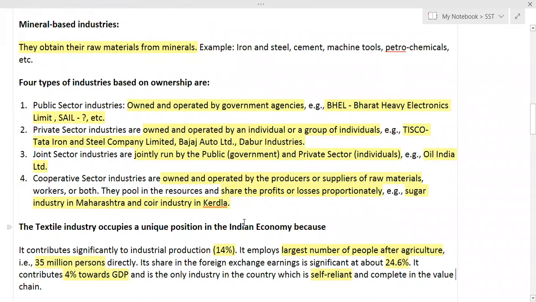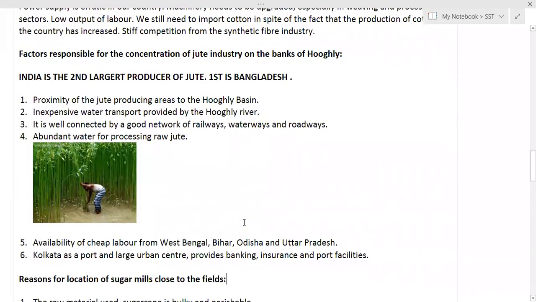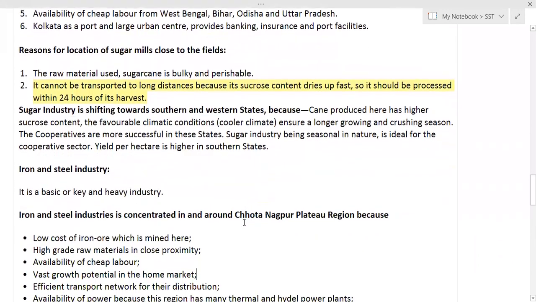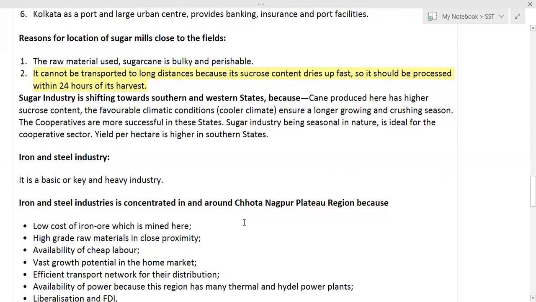So I have just told you that the cooperative sectors are owned and operated by producers and suppliers. So what is in Gujarat area? In Gujarat, the industries are set up only by the producers, meaning the farmers. They are part of this, and they also produce. They help the farming industry, and all the consumers who make these factories are also part of it. So they work together and they cooperate with each other.